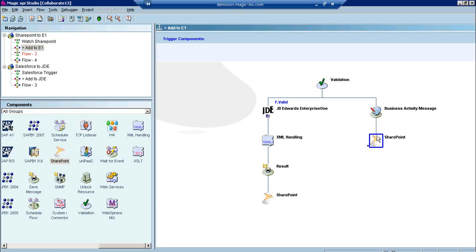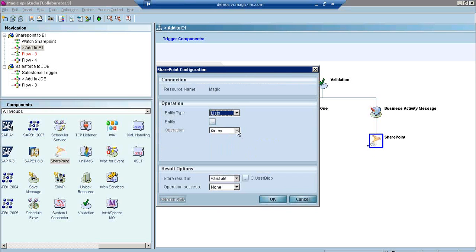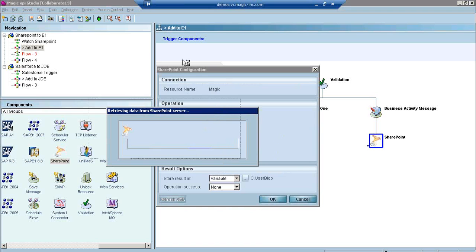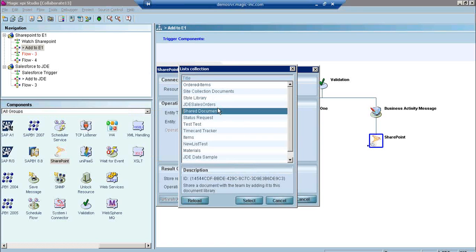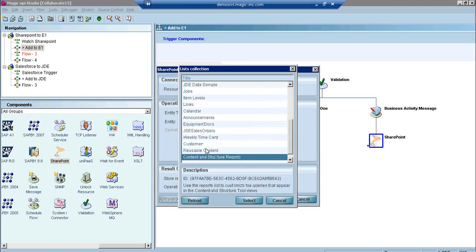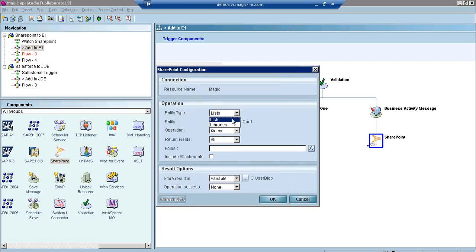As I go into it, it will then go in and search my server for lists and libraries that are available. So here's a collection of lists that I can grab. I can grab the one I want. You can also set it to libraries. The difference is lists is typically your data. Everything out there that has data in SharePoint will have a list, even if you don't access the list directly. Or a library, and a library would be a document repository, like where you put your stored documents or things like that. So you pick what you want.